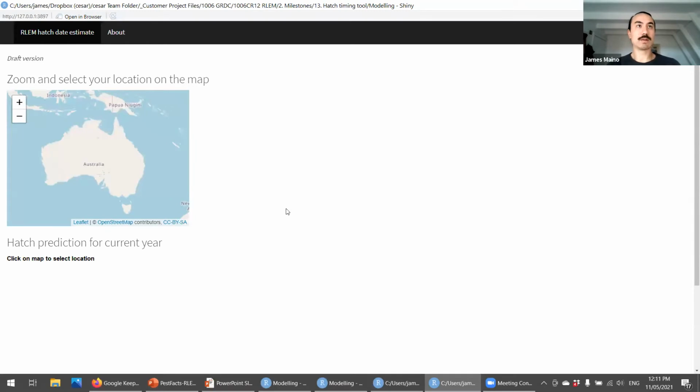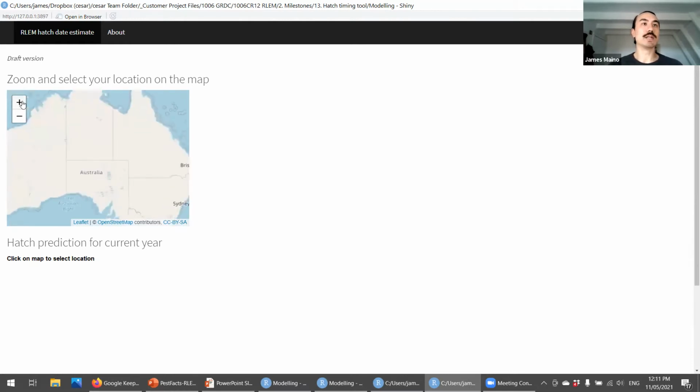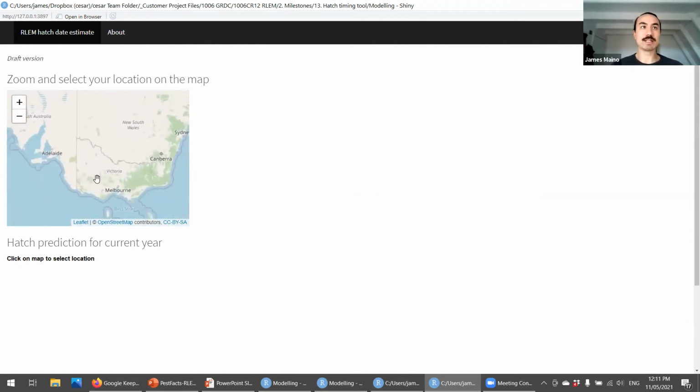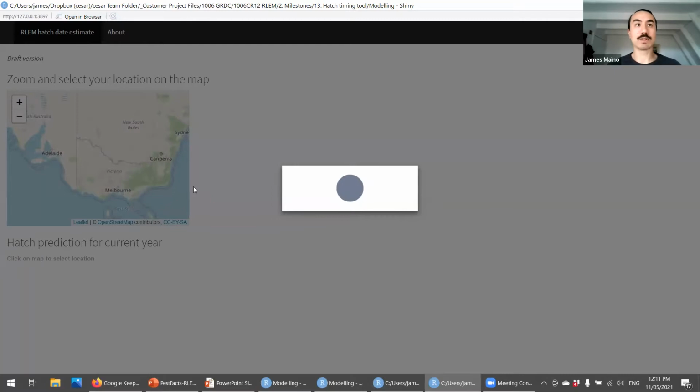But here's what it looks like when you go to that website. The instructions are hopefully easy enough to follow. You can zoom into your region of interest. So let's say we're over here in Western Victoria. You click the particular point in space,